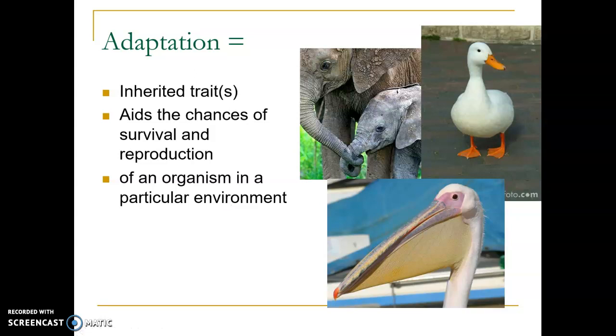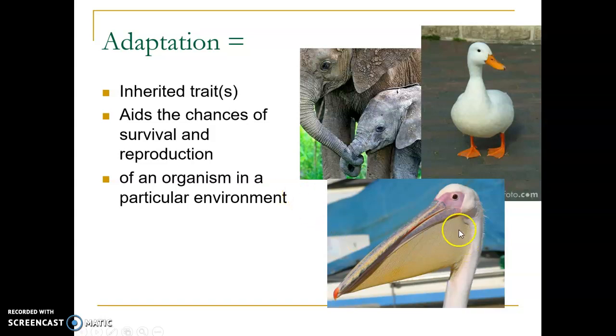So what is an adaptation then? Well, an adaptation has three characteristics. If you look at the animals on the side here, you can see obvious features they have that are unique to them and that would help in their survival. So the adaptation has to have these three characteristics. It is something an organism inherits. It's something that helps it better compete and thus survive and reproduce. And it is important or specific to an environment.